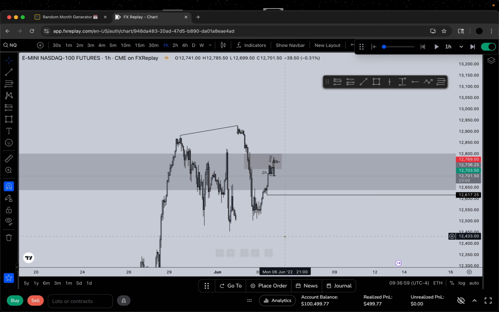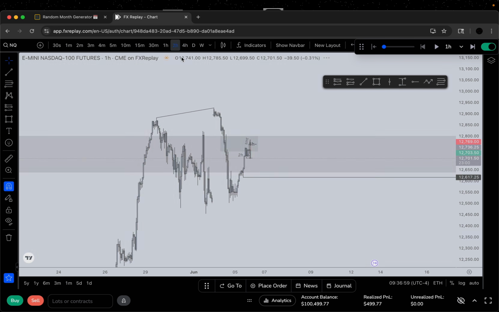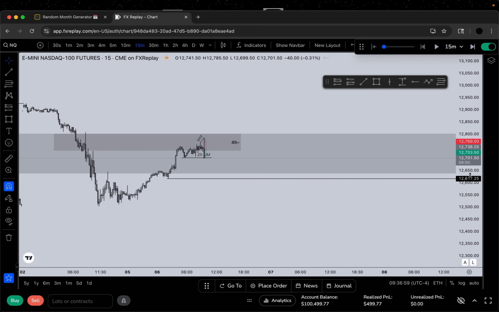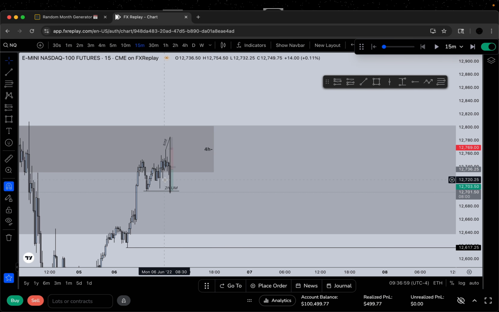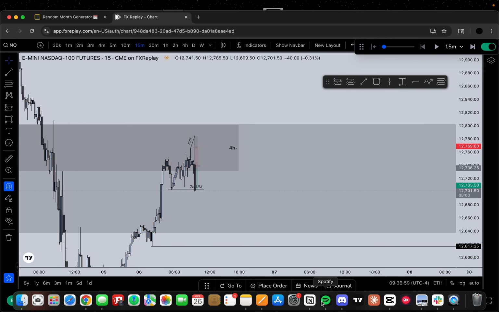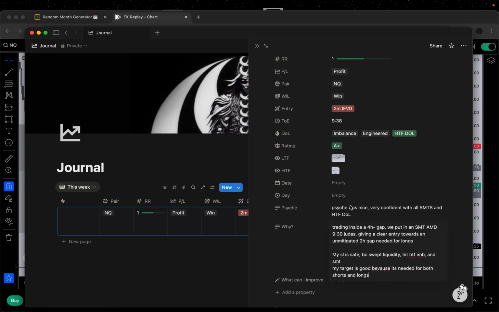So this 2-hour low is needed for both sides of the market. Obviously, if you're bearish, we're going all the way down here, so we're going to take it anyway. But if you're bullish, you don't want to be bullish here, in this consolidation. You want to be bullish at this low, because then we manipulate. So this low is agreed upon in both bearish and bullish bias. That's why this is such a strong draw. This low is needed for both scenarios to have a good delivery.